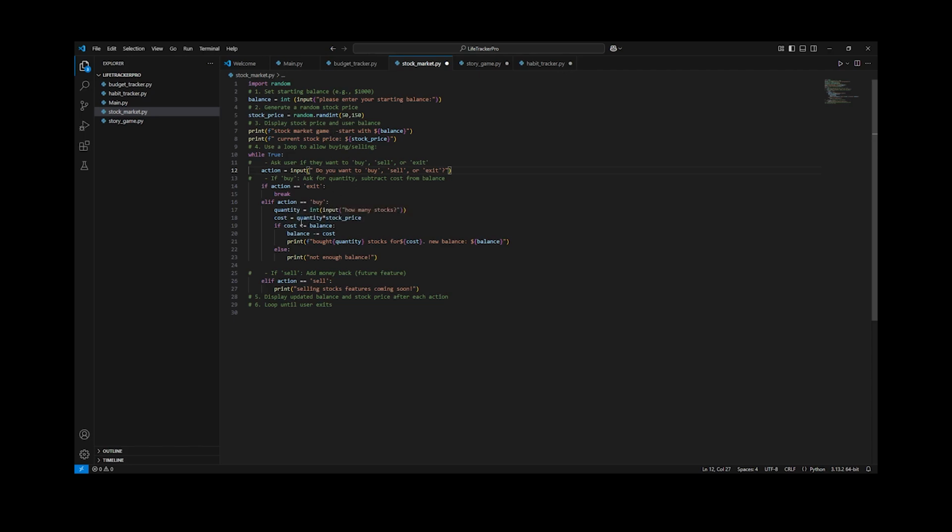What will happen here is that we'll multiply the quantity, that's what the asterisk here is. We'll multiply quantity with the stock price. So if the quantity is 5 and the stock price is 50, that means that they're spending 250 to buy 5 stocks. So after that, it will then go into a loop saying if cost is less than